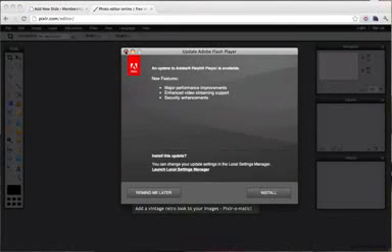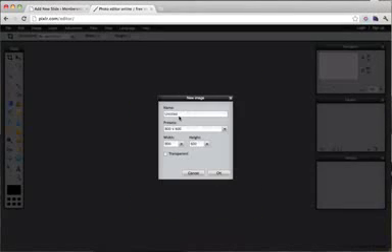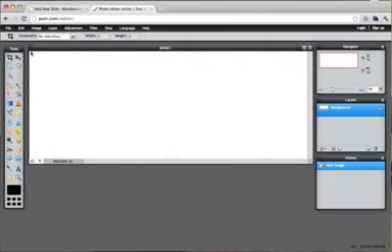And it wants to get an Adobe update, but I'm going to say remind me later. And let's create new image. So let's make this slide 1. Okay, and then we will do it 960 pixels wide by 360 pixels tall. So that's where you put the width and the height. And just click OK. And we can see this